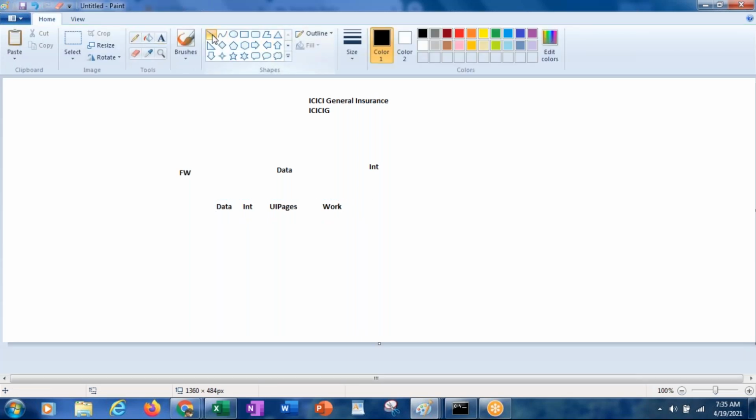So from this data there are four subclasses available. Okay, from ICICI there are only 3 subclasses available.